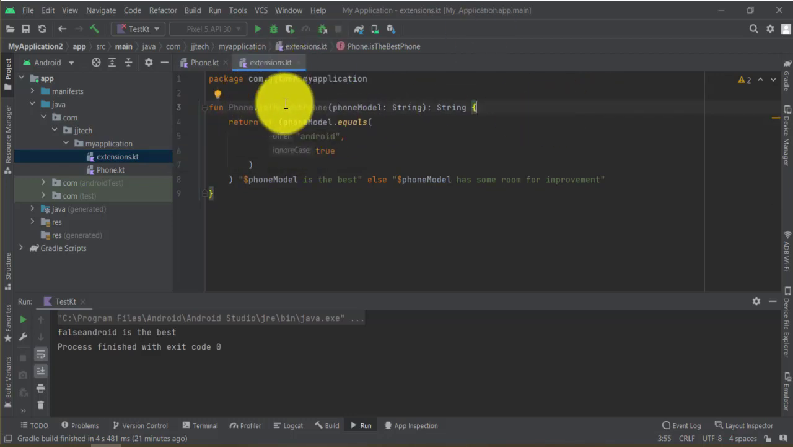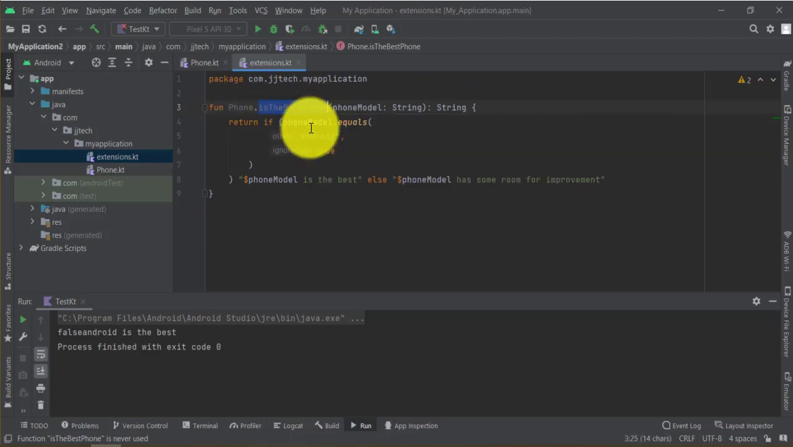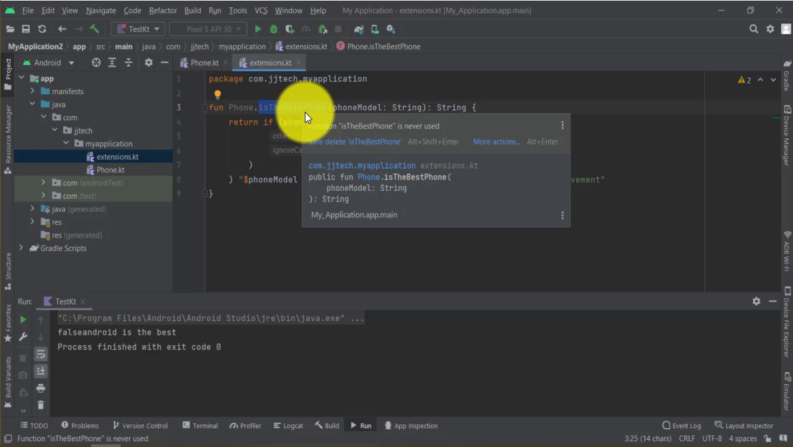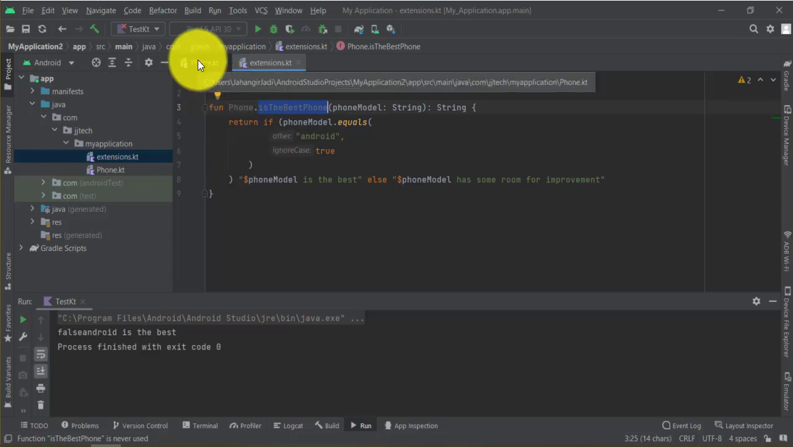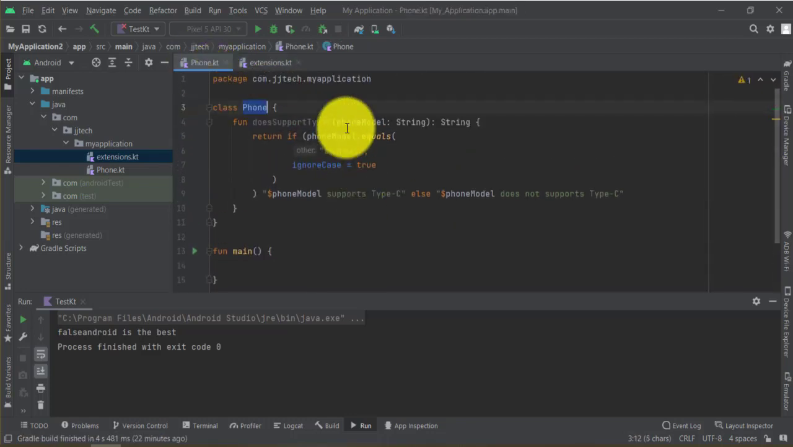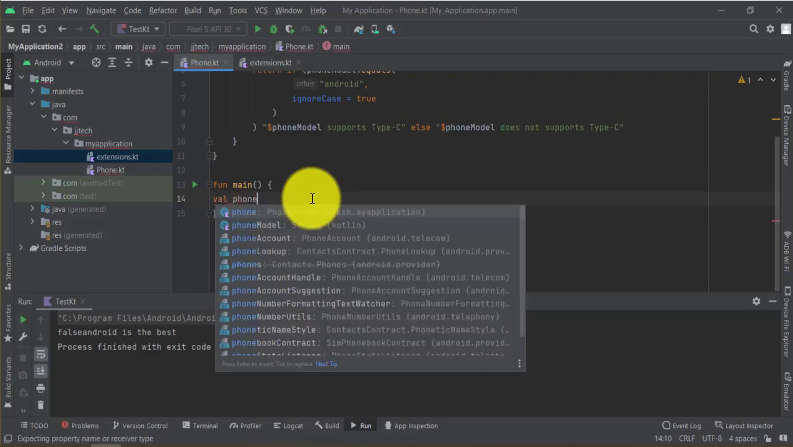Okay, so as you can see I didn't define this function in a class, but I have told it that this function's receiver type is Phone. So whenever I call this function with reference to this class, we can access this function. Now let's go in our Phone class, and here in our main function, let's create an object of Phone,